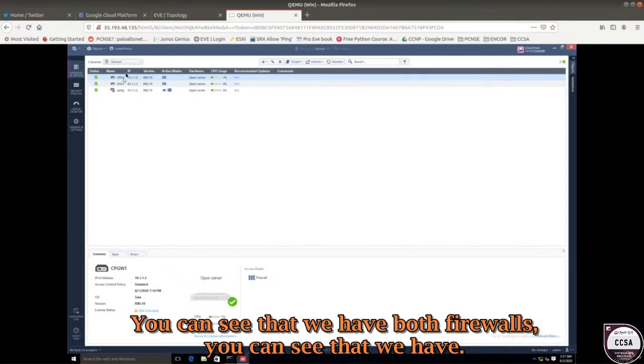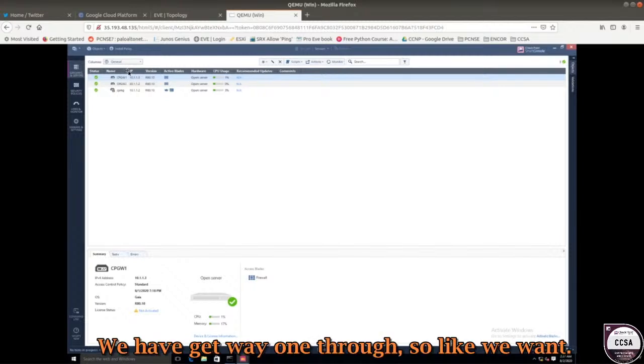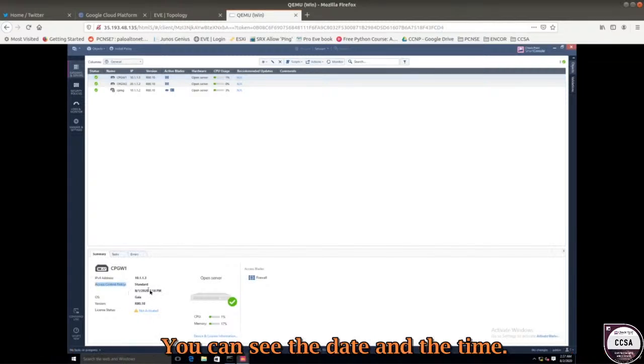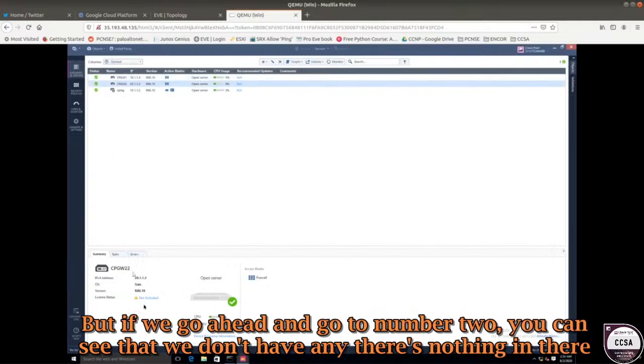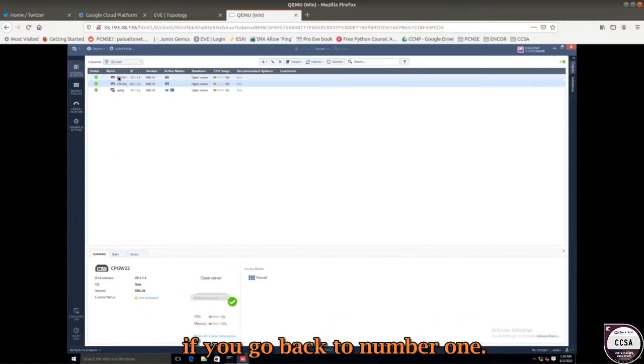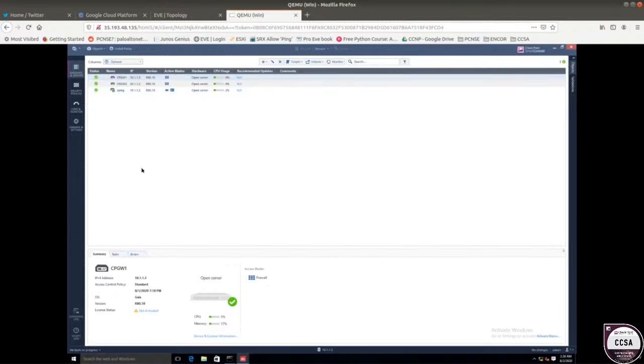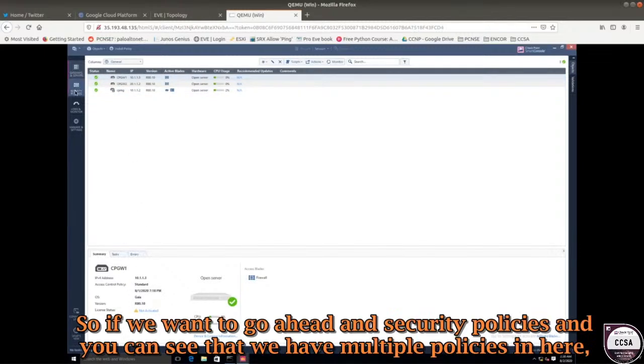you can see that we have both firewalls. If we select gateway 1, you can see that the access control policy was last installed. You can see the date and the time, the OS and all that. But if we go to number 2, you can see that we don't have any. There's nothing in there. If you go back to number 1, you can see the access control policy that is in place. So if you go to security policies,